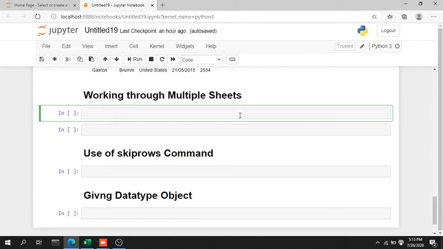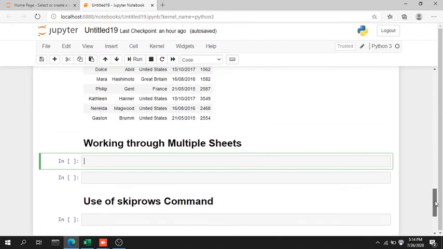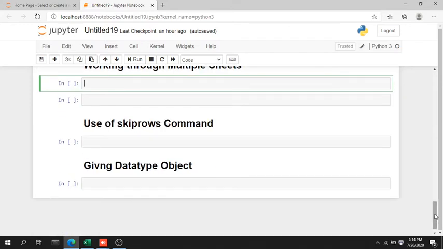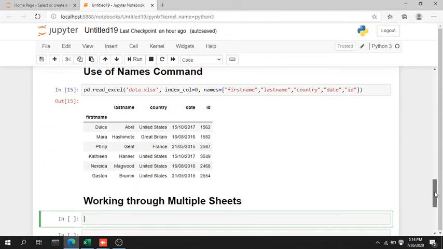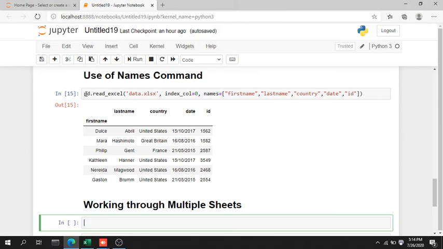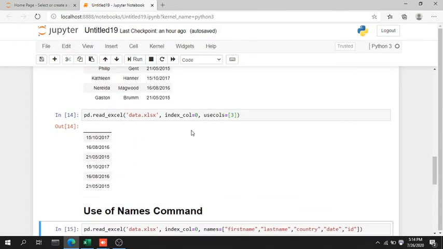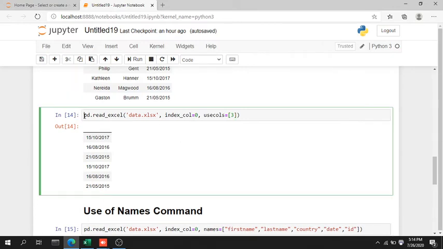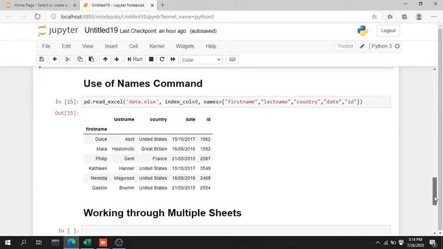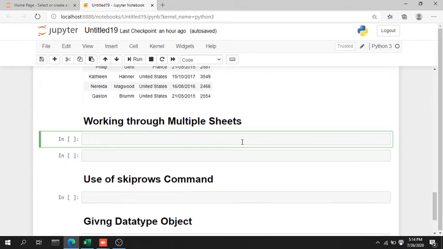Now up till now the functions which we have performed are from one sheet, but we can also work using 2 sheets. Let's have a look at it. Let me just copy this part. Now suppose we want to give the sheet name as 0. So what we're gonna do is let me just go above and find it, and let me paste it over here.